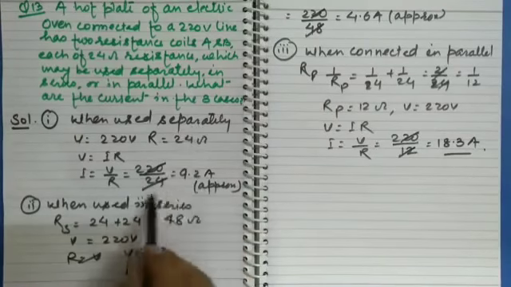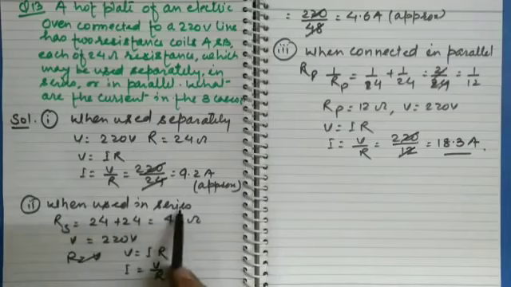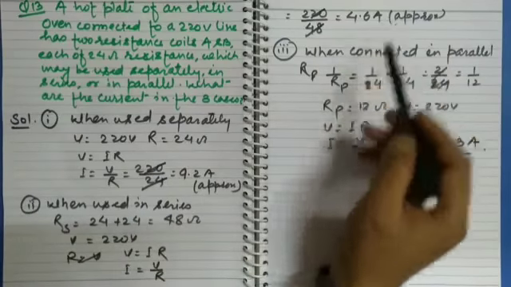When used separately, the current passing through is 9.2 ampere. When in series, the current passing through is